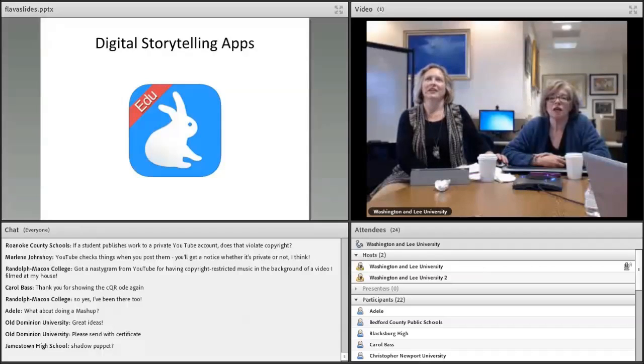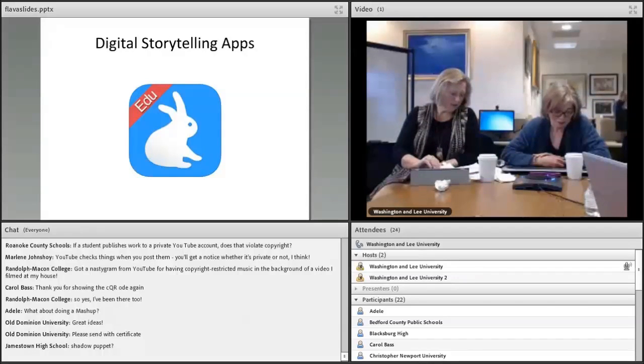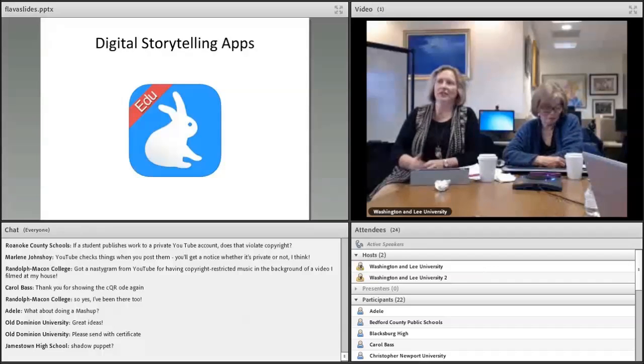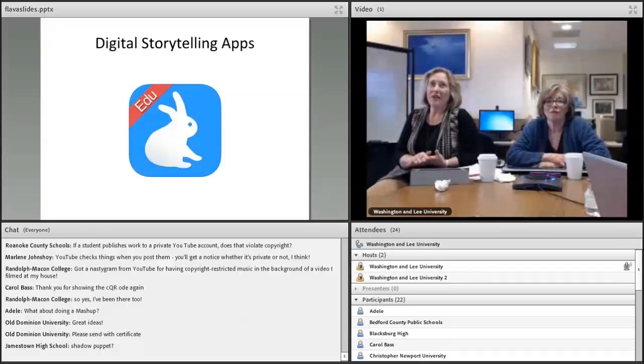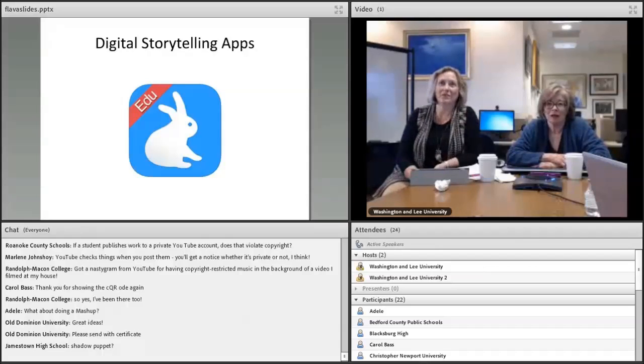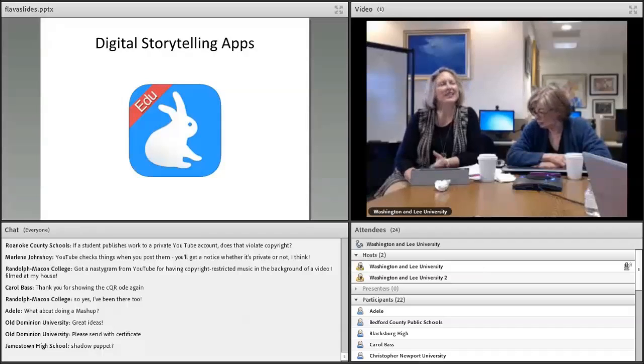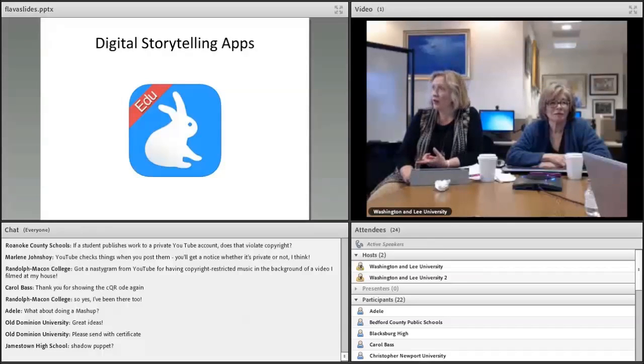Yes, we love Shadow Puppet. Let me tell you how much fun Shadow Puppet is. Shadow Puppet EDU. If you are not familiar with this app, you definitely need to play with it. Now, unfortunately, I believe it is iOS only, and that is a huge downside, and we haven't found anything similar on Android or web-based. But Shadow Puppet is really cool for a variety of reasons. It has an integrated search function that allows you to search for Creative Commons images on Flickr, Library of Congress images, NASA images, the British Museum.